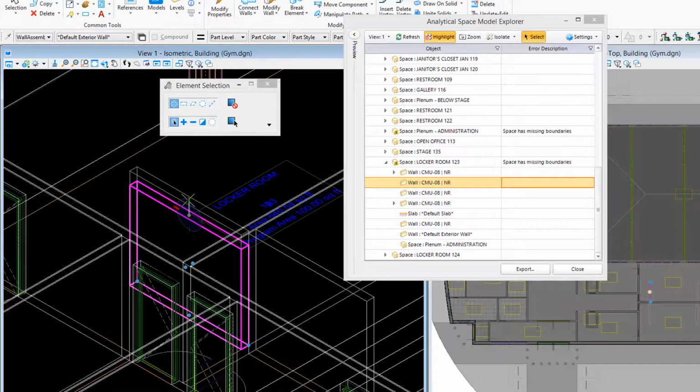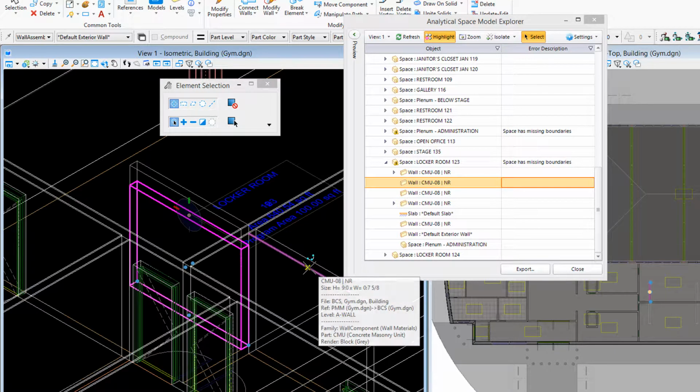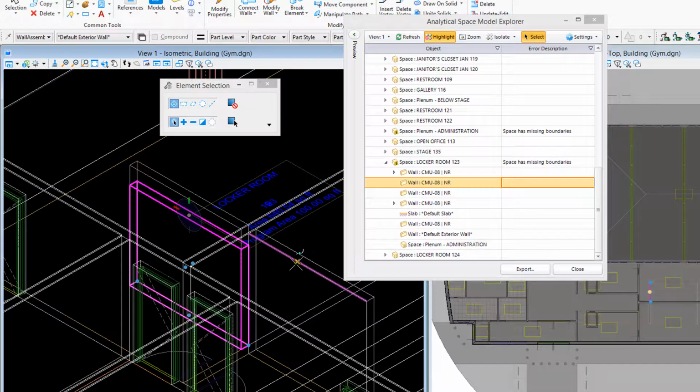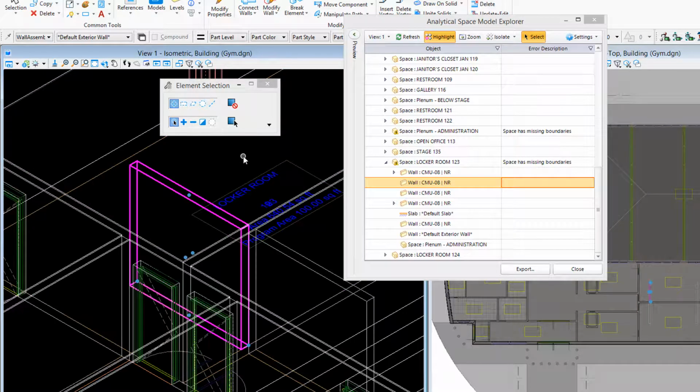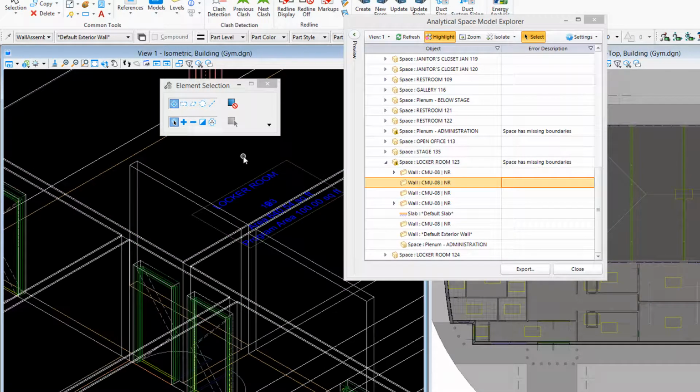And then you can see how if I move my cursor, it'll allow me to either make the height smaller or make the height taller. And I know that this wall over here is the height I want it to be, so I can just line it up by accu-snapping to the top of this wall. So I'll just left click to accept that, and then I can left click out in space here to basically